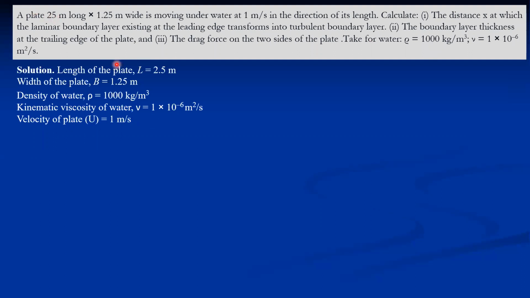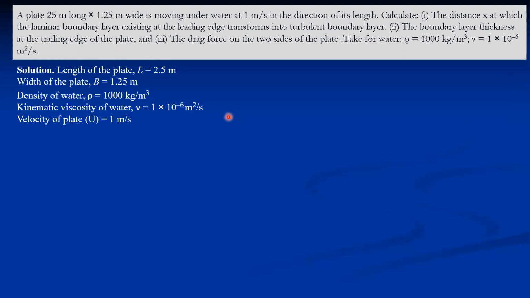So here only we have to adjust this: instead of 25, it is 2.5 meter. So only the procedure is important. Some values may be printing mistakes. They are wrong, but you have to memorize the expressions or the methodology of solving the problem. That is the key. The first thing we have to calculate is the distance x from the leading edge where